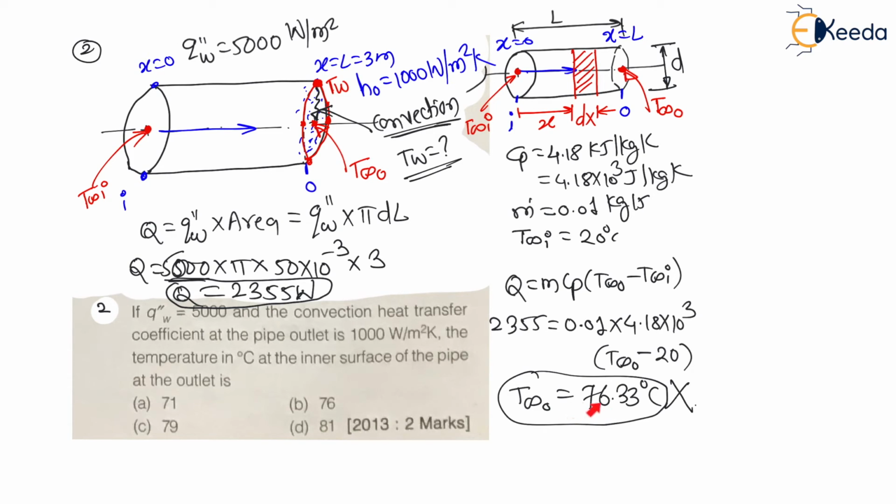But my dear students, this is not your answer. Your question is not to find T infinity O. Now, if you check options, you will find that this T infinity O, which is 76 degrees Celsius, exactly matches with option B. And here in hurry, if you select this option B, then you will get negative marks, because it is a multiple choice question, and for multiple choice question, for wrong attempt, you will get minus 1/3 marks. That means from your result, 0.667 marks will be reduced.